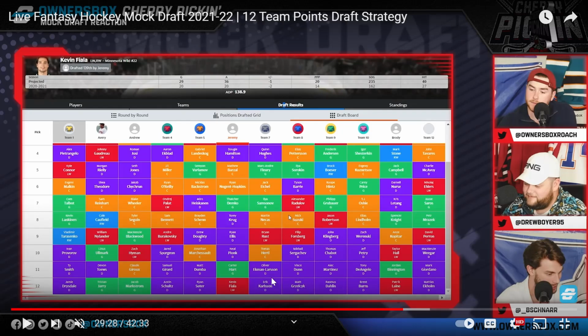Erik Karlsson's a high risk, high reward type of player, but he's kind of rounding into form. He's kind of getting back, not to his elite level, but closer to a point per game level. Fiala, Jeremy takes Fiala here in the 12th round. That's excellent value for Kevin Fiala in the midst of this massive D run. And you can see